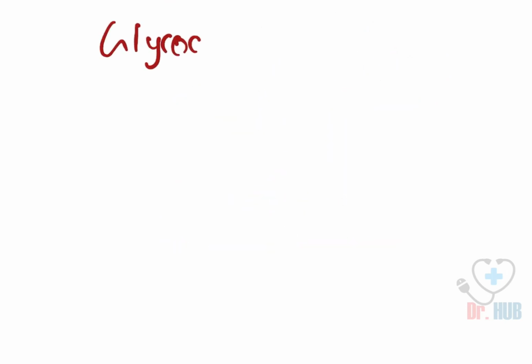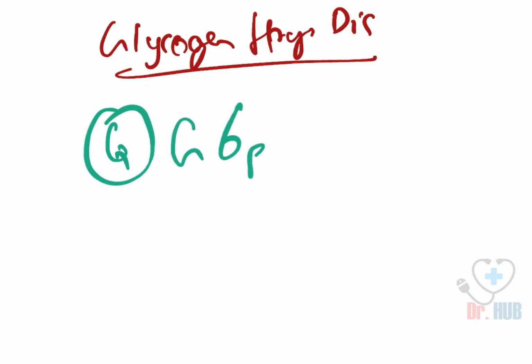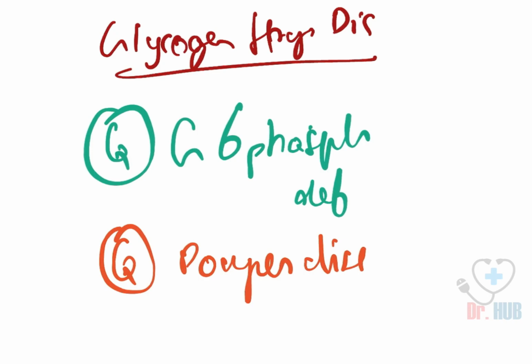The topic today is the glycogen storage diseases. So the questions being, what happens in case of the glucose 6 phosphatase deficiency? Next question is, what is Pompe's disease? Next is,